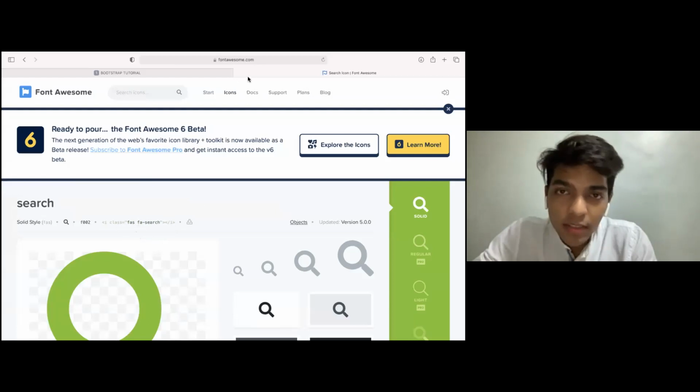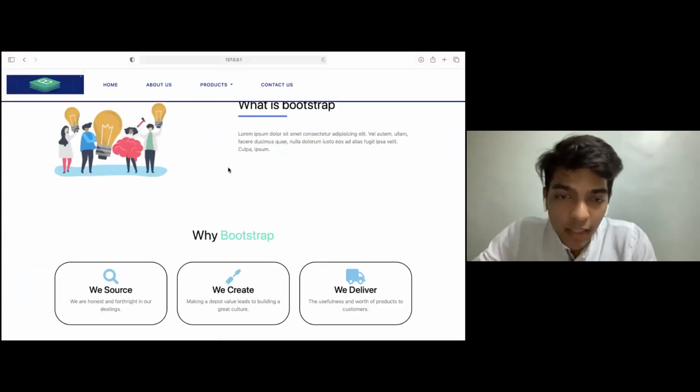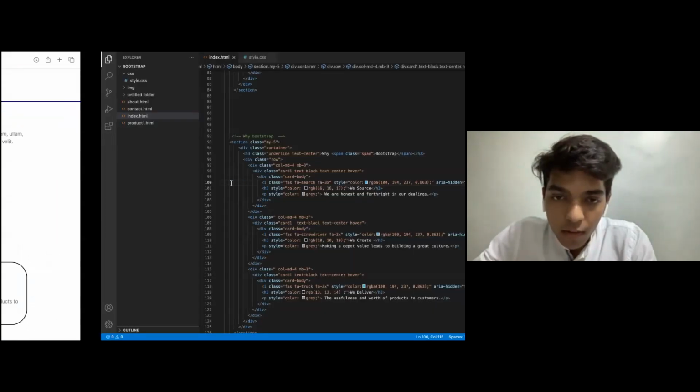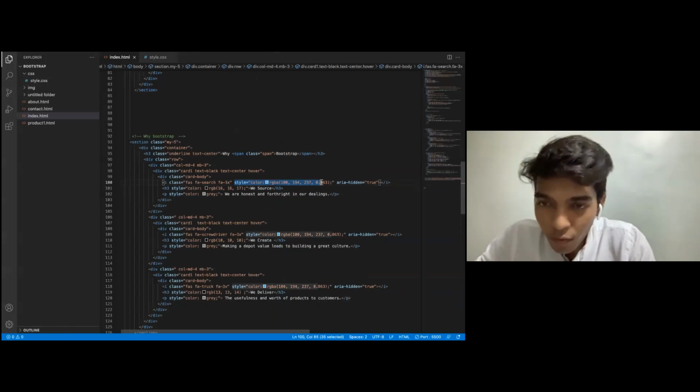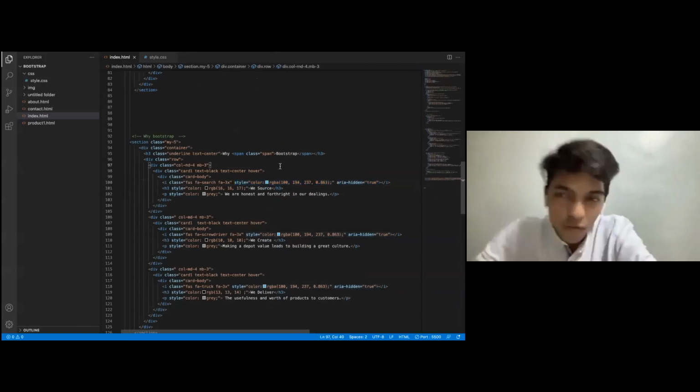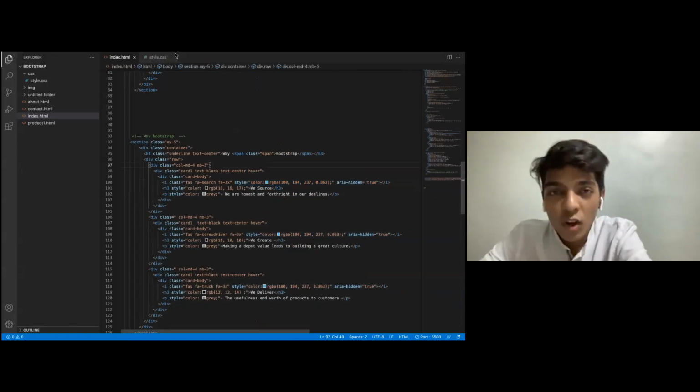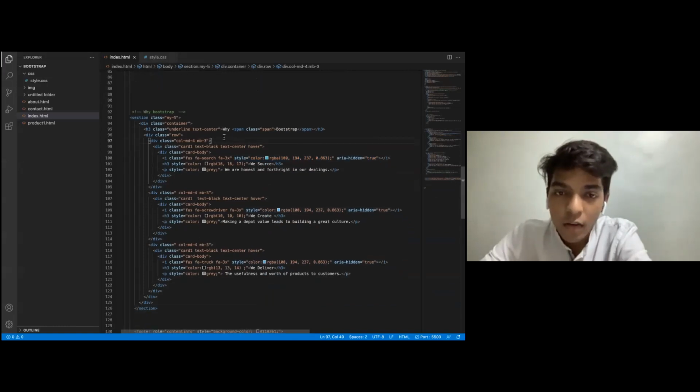Just copy it and paste it here, and you'll be getting the following part out. I won't be copy pasting it again because I would be required to copy this up and do a lot of scanning. We are actually running short on time, so that is how you can insert a Font Awesome icon on your browser or the web.